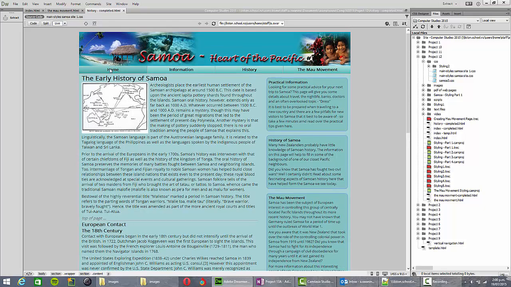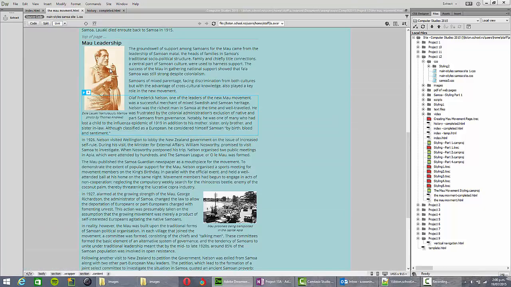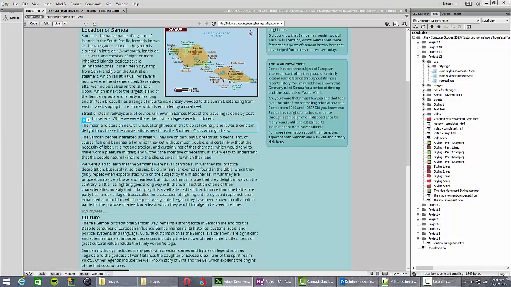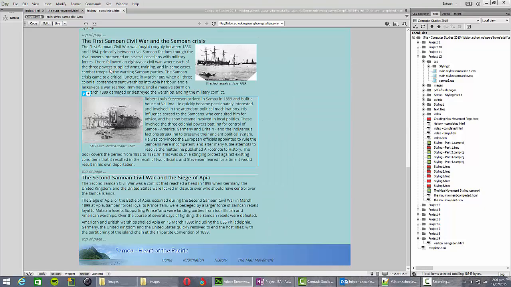The navigation at the top here, we're not going to have this information page, so we need to remove that link and then make the others wider. The sidebar here with the practical information, since we're not going to have that page, we're going to change that text on this page and also on these other two pages, the Mau Movement 1 and also the index page. Okay, so going back to the history page,